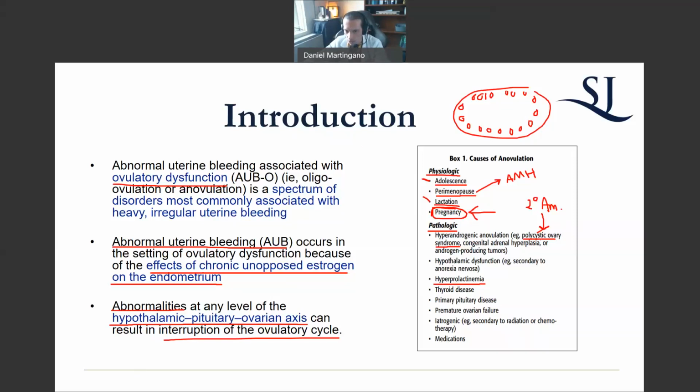The management of this is a separate talk, but the point is that it's pathologic, and it can cause this. You could also have androgen-producing tumors and congenital adrenal hyperplasia, and there's an algorithm to understand how to diagnose those. Those are rarer, but you do see them. The bottom line is that you do some sort of stimulation test, like ACTH stimulation, and